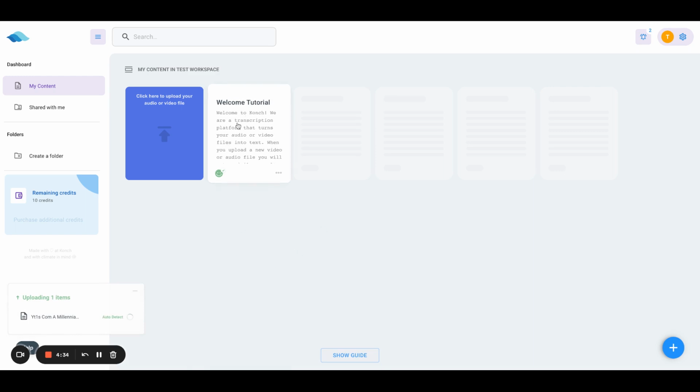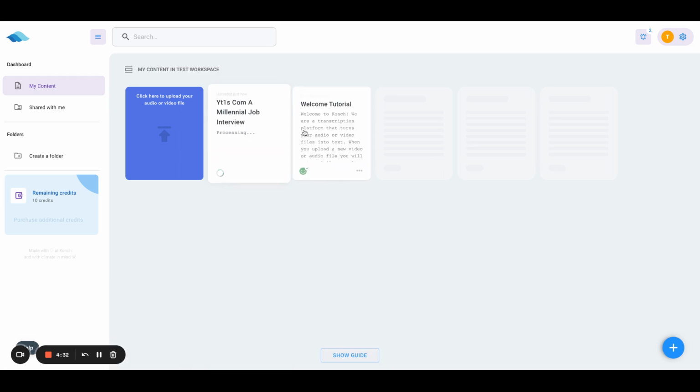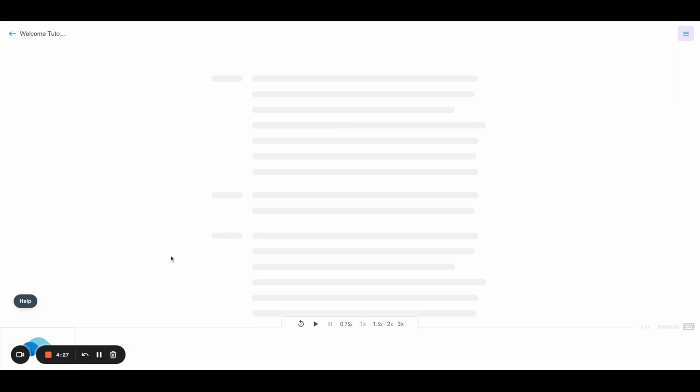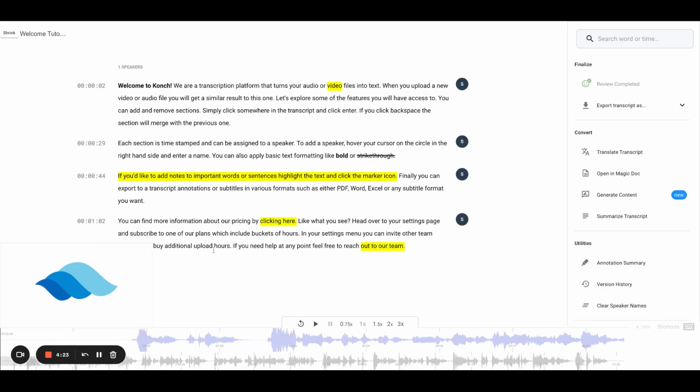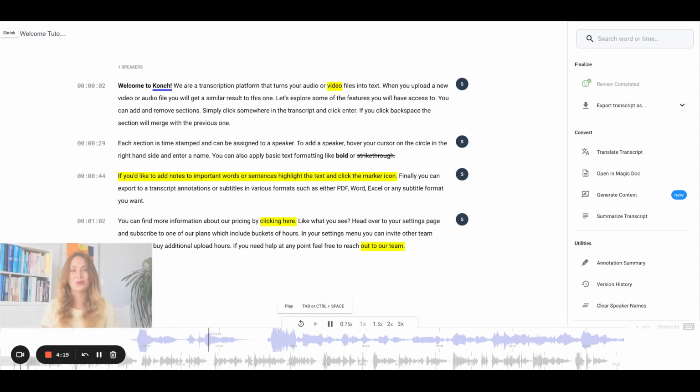In the meantime, we're going to look at this welcome tutorial that shows exactly how the platform works. So in here, you can see there's a video file that's been transcribed. If I were to click play now,